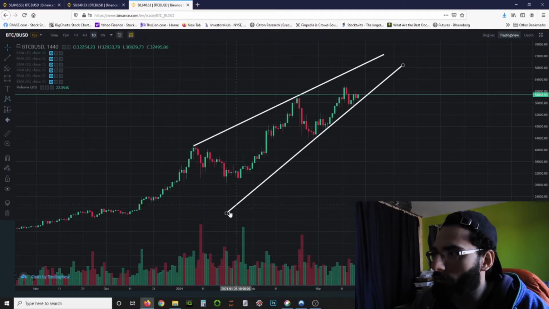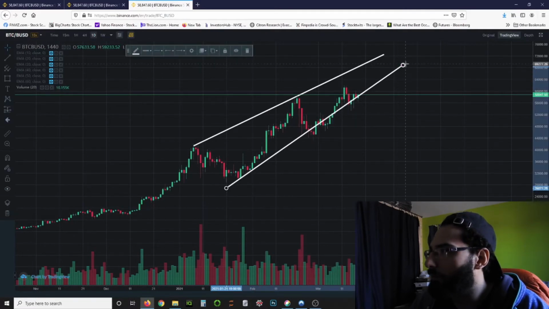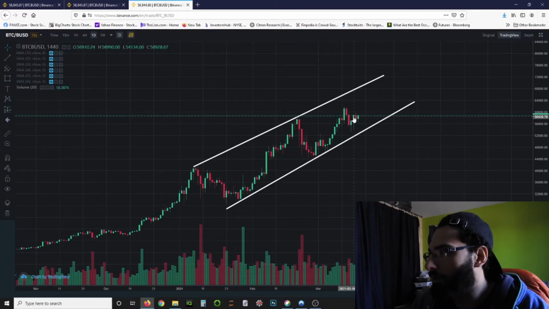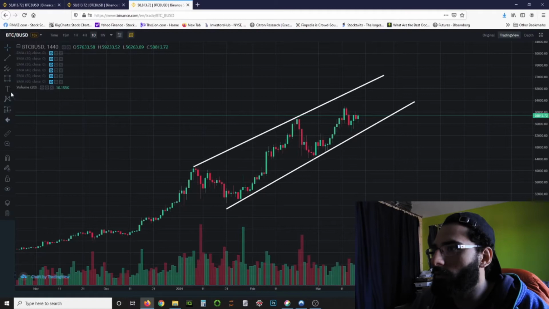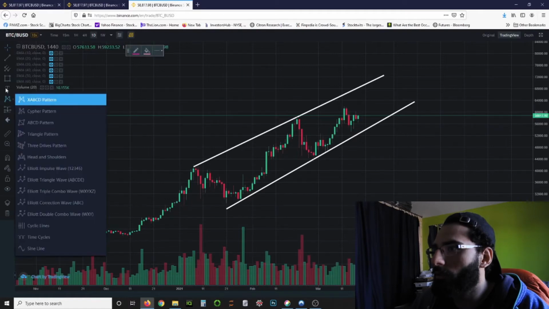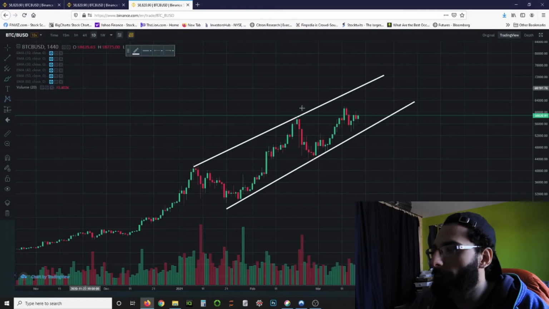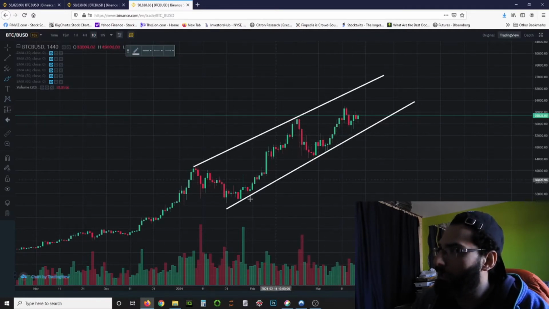You know, some people can also draw them differently, right? Some people will draw them like this, because that can help us predict, okay, perhaps this price can bounce off this level and then continue up to the upside. So let's just illustrate that point a little bit more clear. Yeah, so some people like drawing them like this so that they can kind of have a general guideline